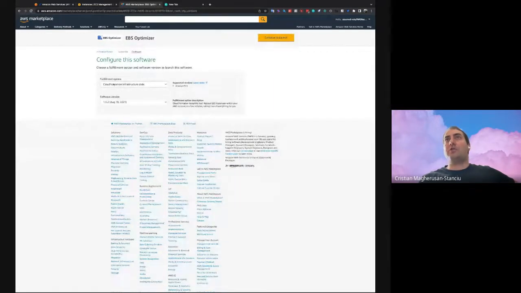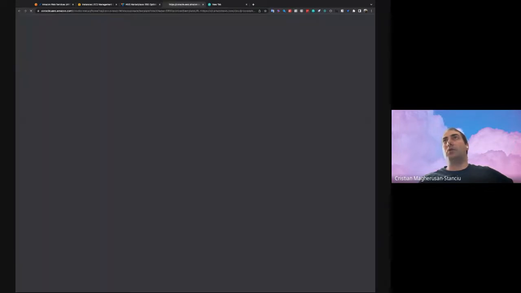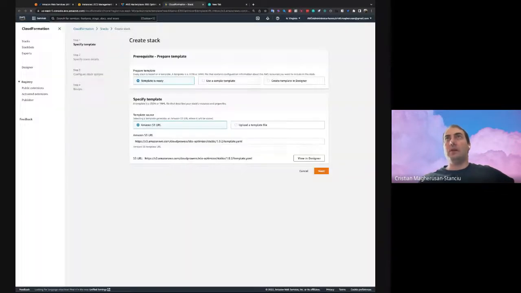For the configuration, we have CloudFormation, and we continue to launch. We have one-click install, or we can download the template and run it ourselves. The recommendation is, if you're using the UI, we can just do the one-click installation, and that's what I'm going to demo now. We have a template that's populated automatically.